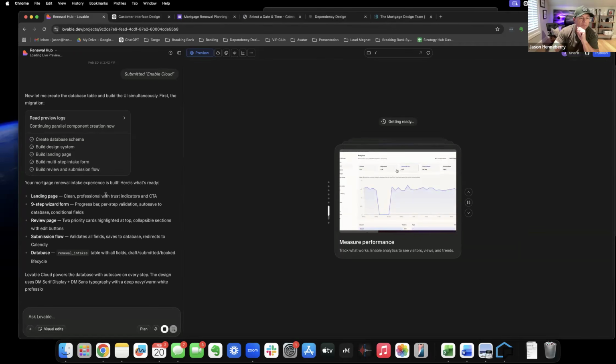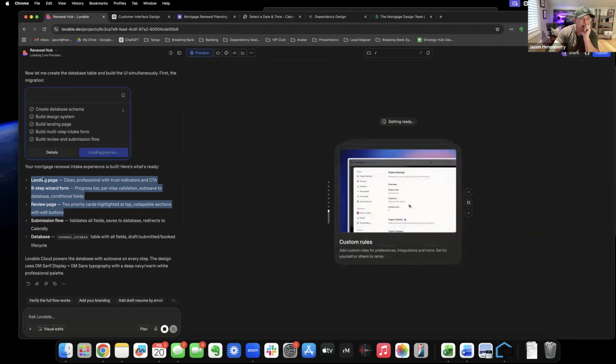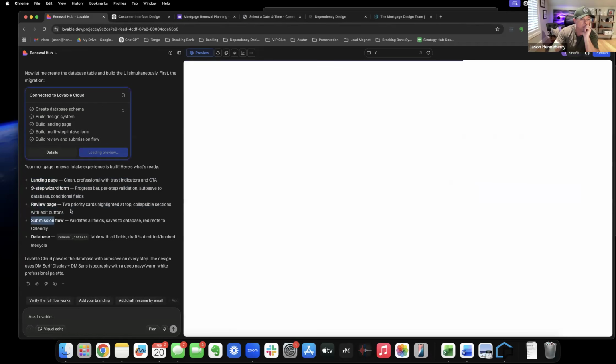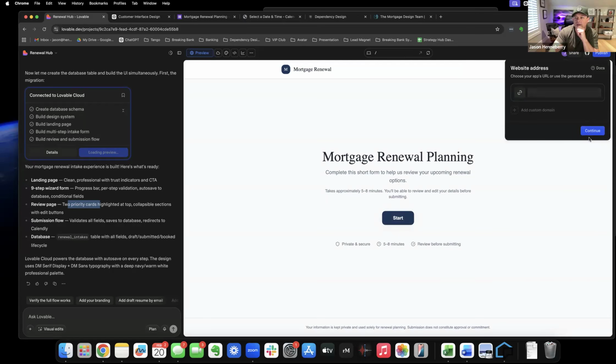So it built us a landing page, clean and professional with trust indicators and a call to action, a 9-step wizard form, a review page, submission flow, 2 priority cards, and a database. And what we're going to do is we're just going to publish this right away. You can interact with it here in the preview, but I'm just going to bring it right up onto,